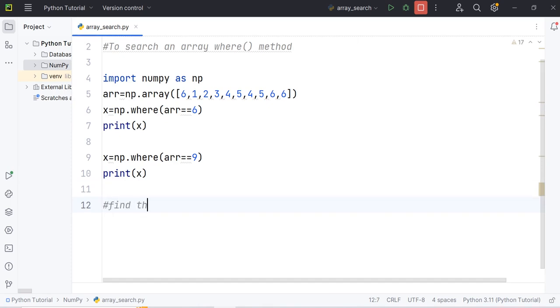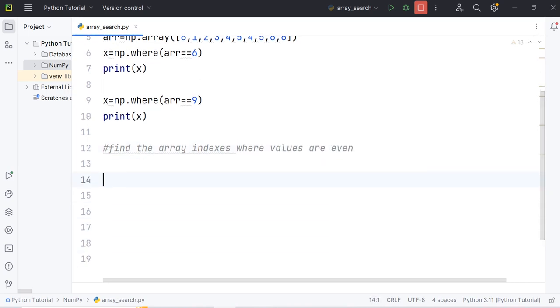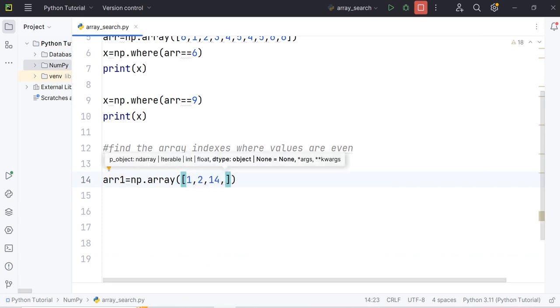Now let's find the array indexes where the elements are even, or where values are even. So I'm gonna create a new array here. Let's say array1 equals np.array, and then I'm gonna say 1, 2, 14, 3, 5, 9,